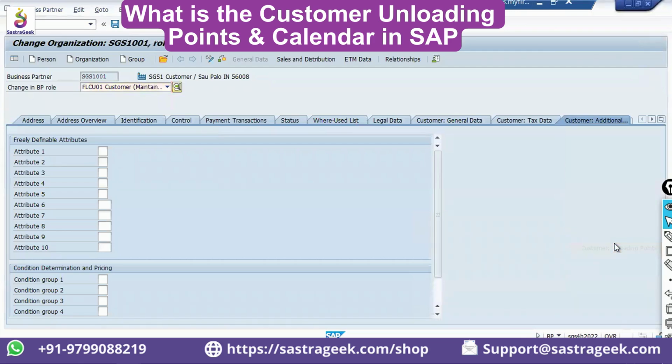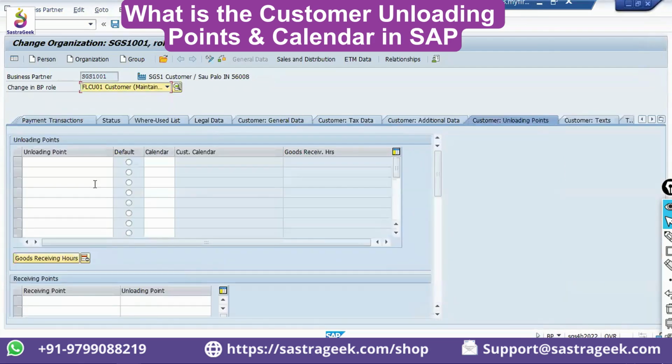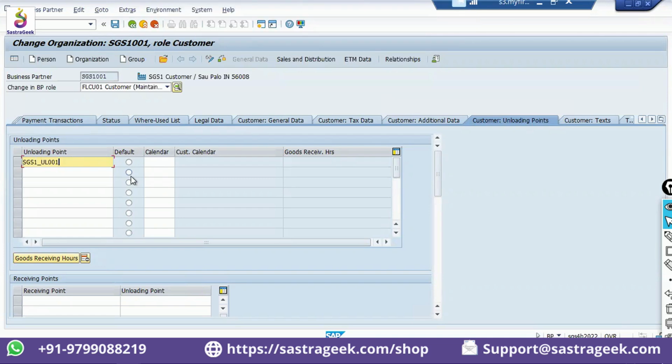We also have customer unloading points. So you can define the unloading point here. Okay, so this is SGS1, UL001. While creating your sales order, you can mention what the default unloading points are. You can mention it here, and you can also mention, if multiple unloading points are there, at which unloading point you need to